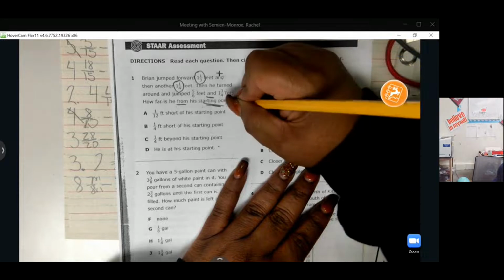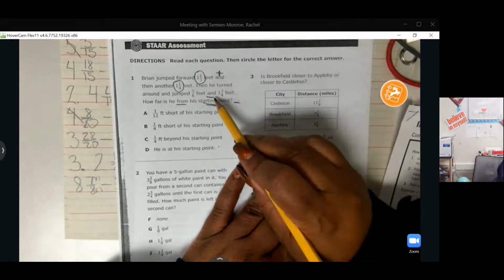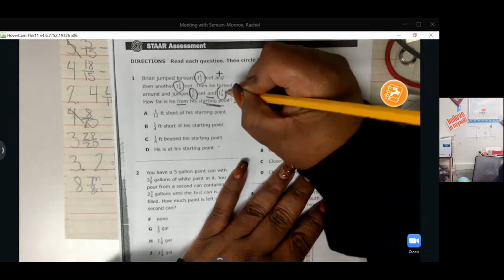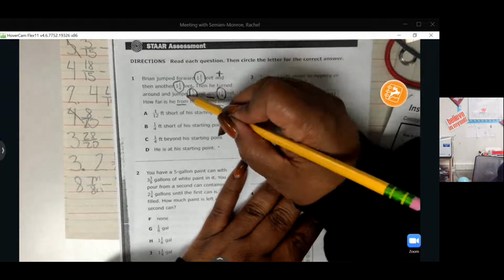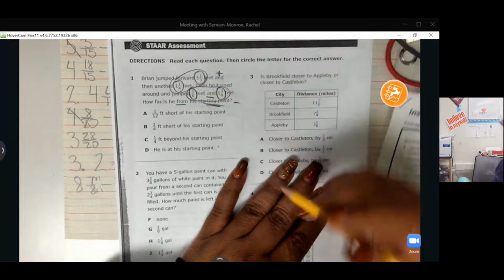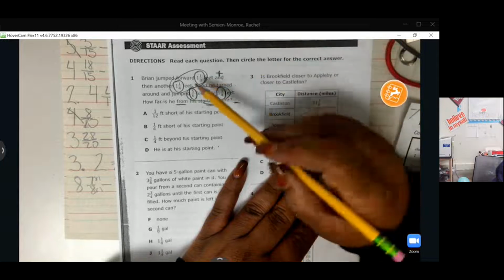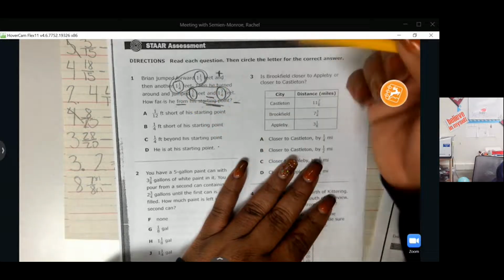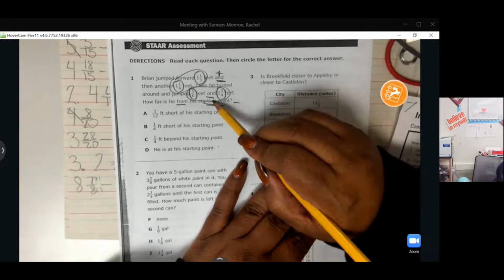I'm going to have to subtract. But what am I going to subtract? I know that I'm adding these two. I see the word "and," and this is going to be added to this number. So what am I subtracting? I am subtracting my 2 additions to get my answer. So I'm going to add 1 1/4 and 1 1/3, and then I'm going to subtract 5/6 and 1